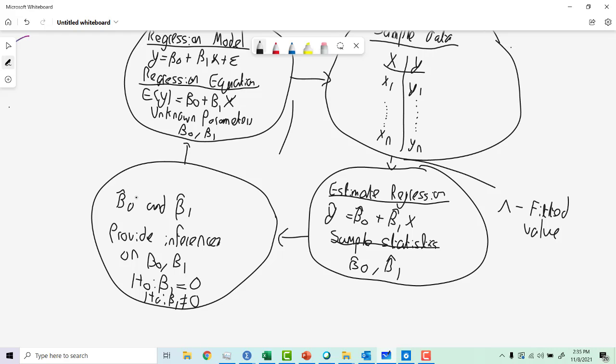So we're going to use these beta hat 0 and beta hat 1 values to prove hypotheses on beta 1. Now, we could also do something for beta 0, but it's not really meaningful about the regression. It's purely the intercept. We're not usually interested in proving hypotheses on the